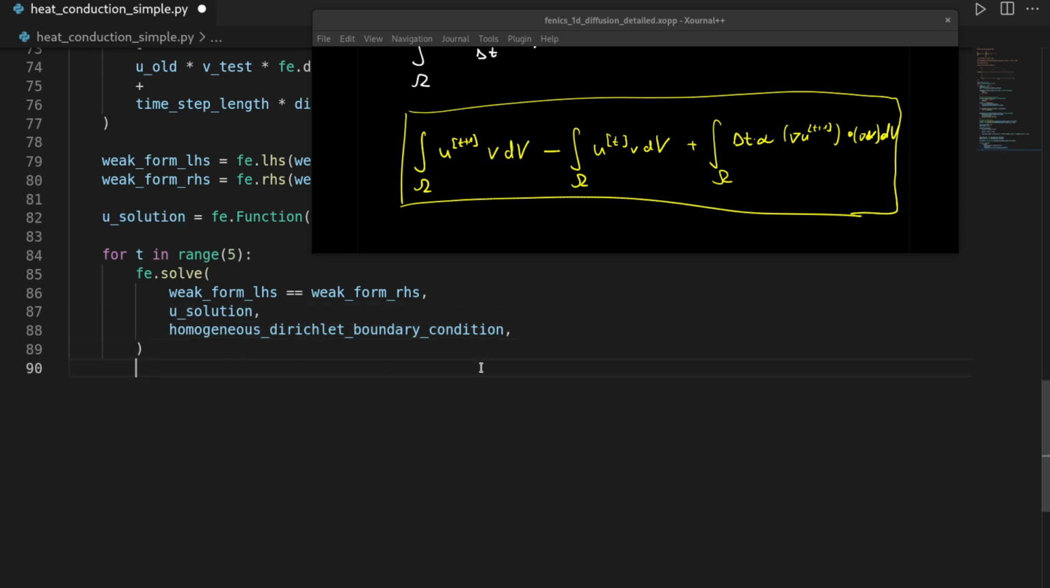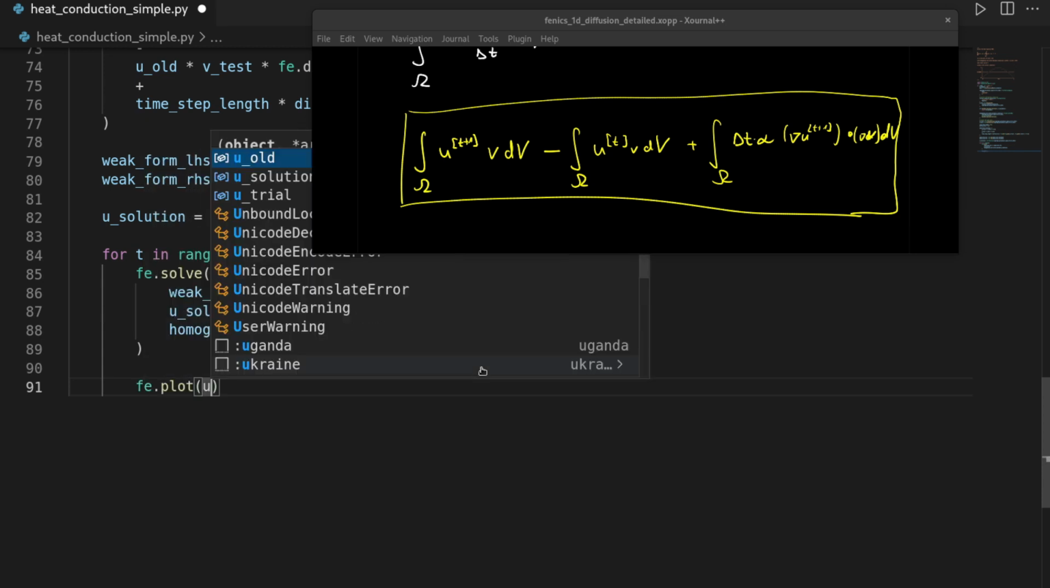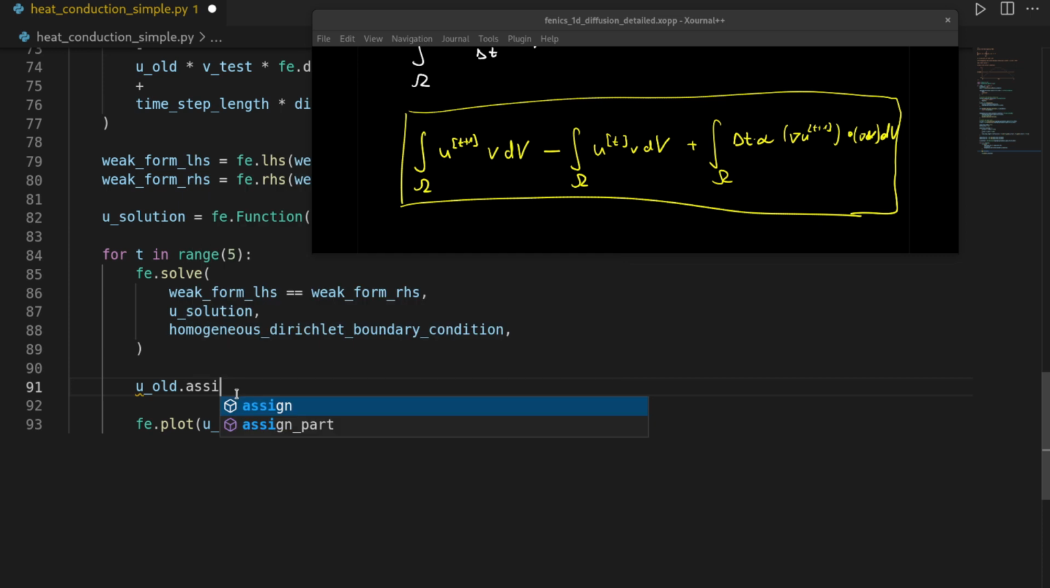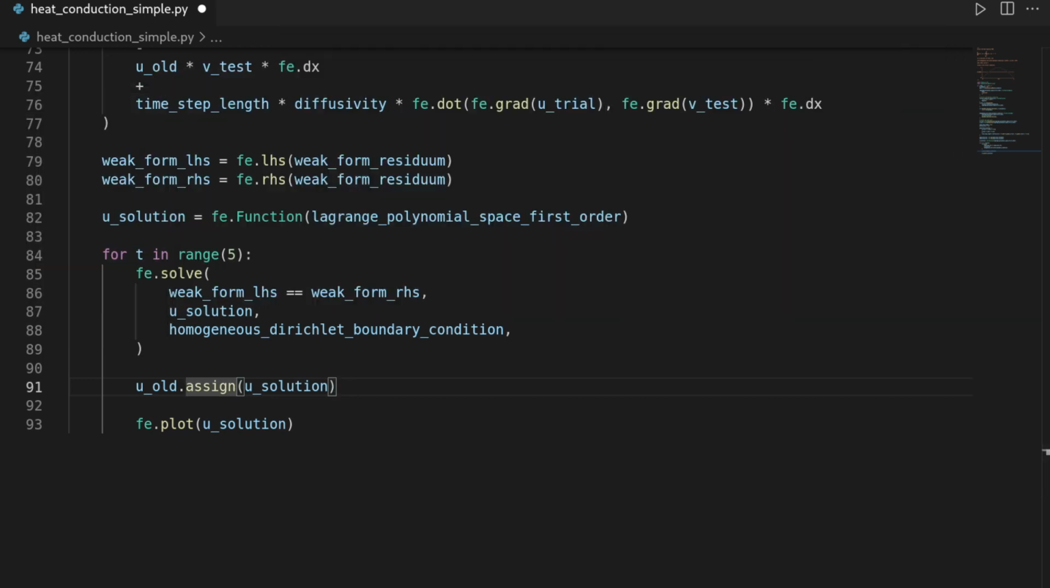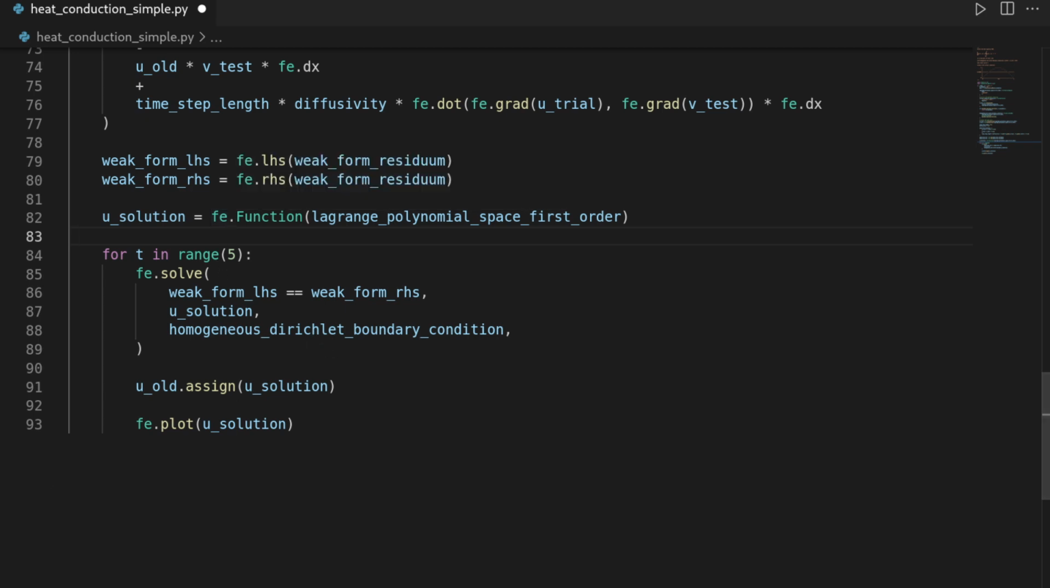And then of course we can plot the solution by saying FEniCS.plot u solution, which will plot the solution in a matplotlib window. Finally, of course, in order to iterate in time, we have to set the old solution to the new solution. And we can just do this by saying uold.assign u solution. Or not, maybe there's a typo, so it should be assign. So let me move over the weak form again,